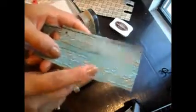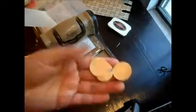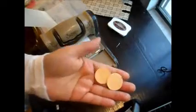Okay, so now I'm embossing my blue little paper and just using the same folder. And there's that one. And then I'm also going to be, I already have these punched out from the other video, which is the Saturday Stash Dive tryout video. So I already had these ready. So these are just punched out with the